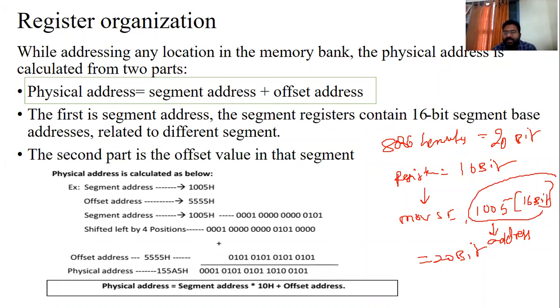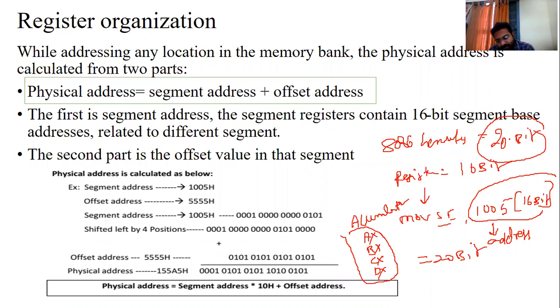Because of the register size. MOV SI comma, this is going to the accumulator. You know that one of the operands is always an accumulator. So you can use the AX register, or BX or CX or DX or SI, source index, or DI, destination index, as operands. These are the different types of operands we are using here. These are 16-bit registers, but they generate 20-bit addresses.